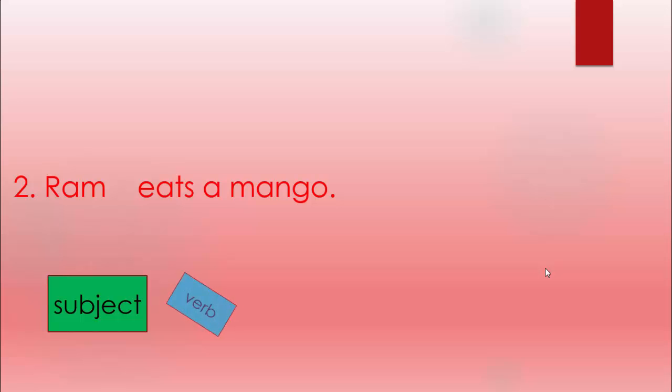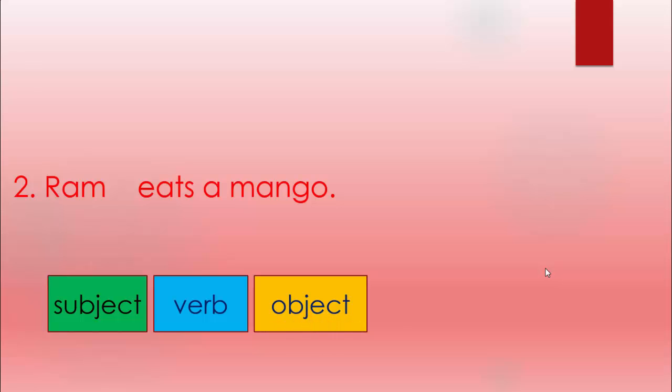Eats is the verb. And which is the object? A mango is the object. So, the subject becomes object, the object becomes subject, and change the verb according to the tense and the number